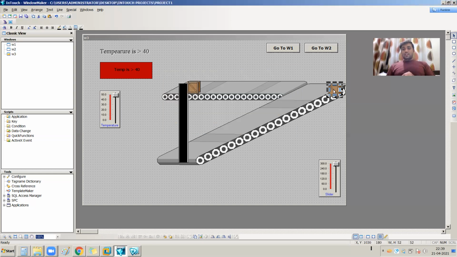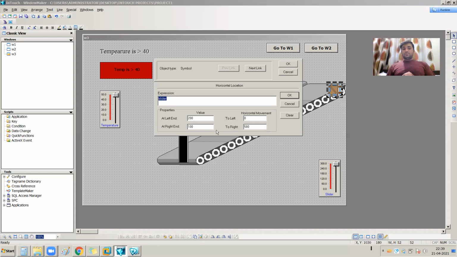And for horizontal, right hand side is the 100 position and left hand side is the 200 position, because the default position of my box is right top, it's not at left top or left bottom, it is at right hand side and at top hand side. I have to move diagonally to the bottom side and left hand side, that's why.